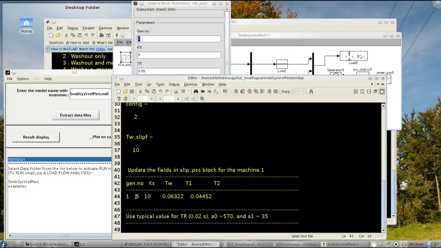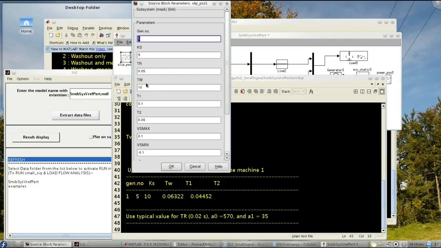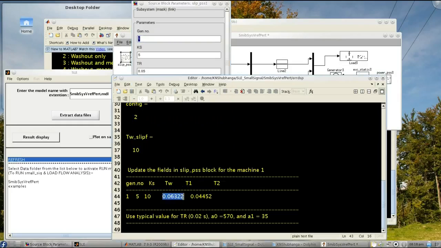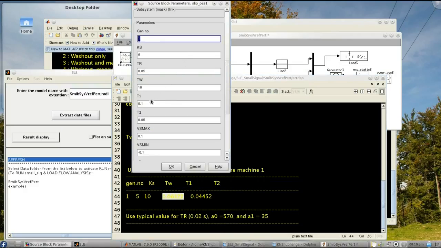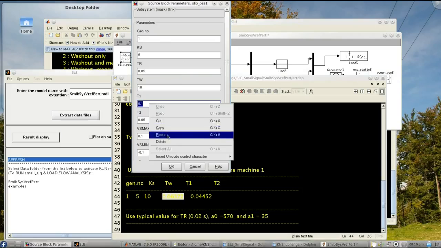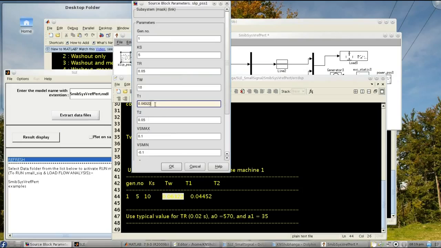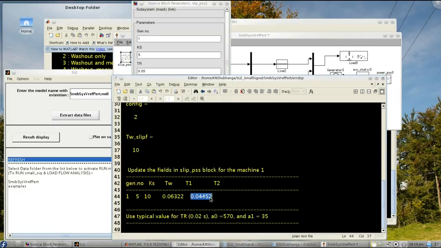Gain of 5 units, and then T1 and T2 values for the lead compensator. Similarly for T2,